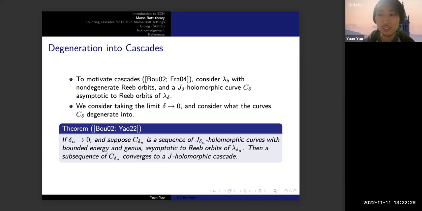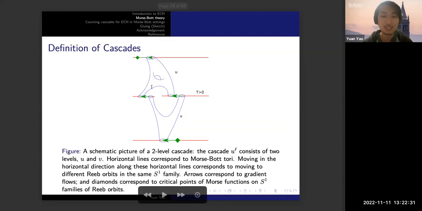So let me show you a picture of what a cascade looks like. The red line is the S1 family of Reeb orbits. Each point on the red line is a periodic Reeb orbit, and the horizontal line means it comes in the S1 family. u and v are J-holomorphic curves, and u and v live on different SFT levels, and in between them there's the data of a single number